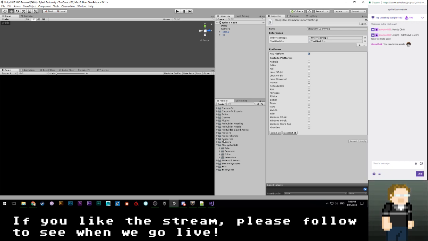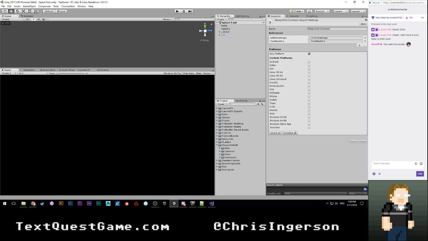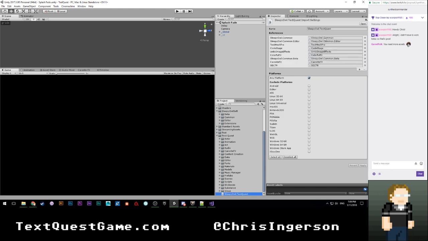So yeah, the whole thing with assembly definition files is that they're cool, and I do think that TextQuest compilation time has actually gone down. So if I make TextQuest specific scripts, it's not quite as crazy as it used to be. Now, it's not ideal because I do still reference a ton of other assembly definition files you can see here, and that means that it's going to trigger those to recompile, I'm pretty sure. If I remember correctly, that's how assembly definition files update. So every time I update TextQuest, or a file in TextQuest, all of this stuff is going to